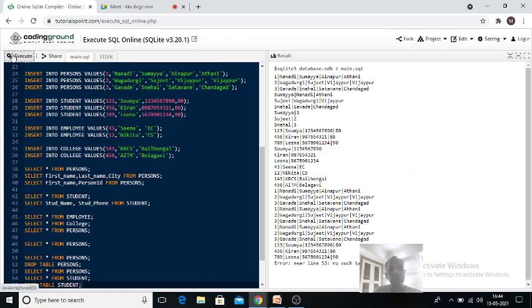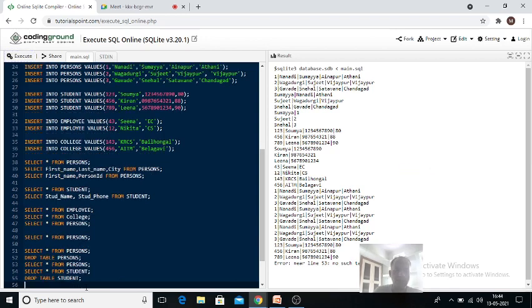If I execute it, it is executed. Now I will select star from student. If you execute it, see there, no such table called student. That table is deleted.